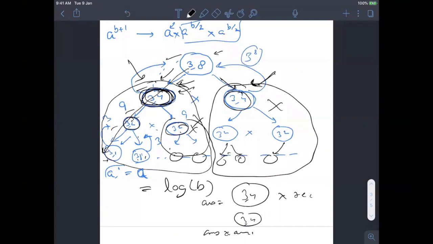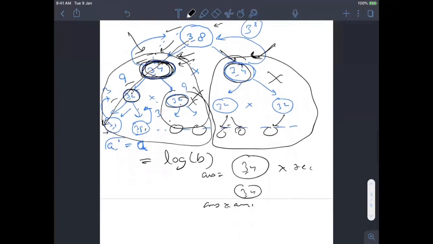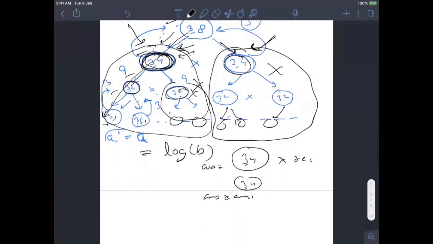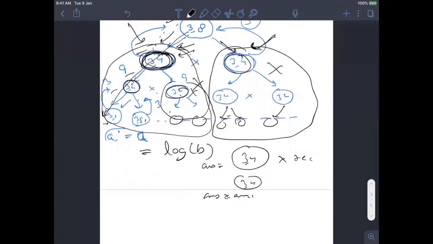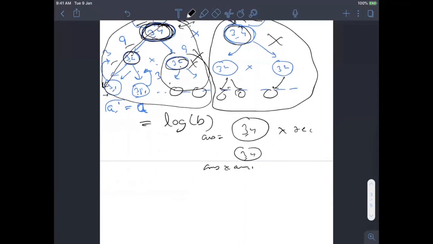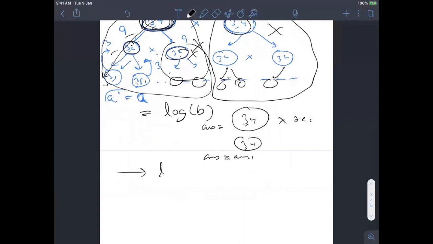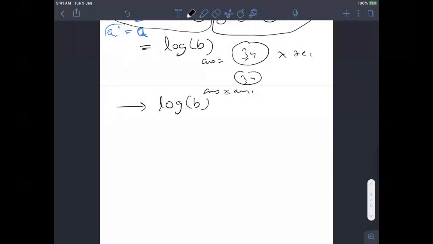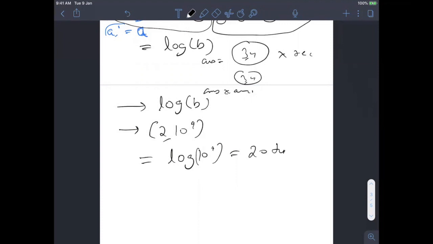So I will not say it is DP. I don't want to bring DP at this stage, but it's kind of the same because you are using the states, and using the result again in your code. So now the complexity you have reduced to log of b. Now let's say you want to calculate, like we discussed, where you're getting TLE, 2 to the power 10 to the power 9, the complexity will be only log of 10 to the power 9, which will be approximately, I guess, 20 steps at max.